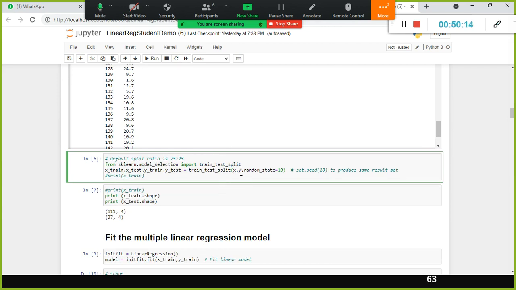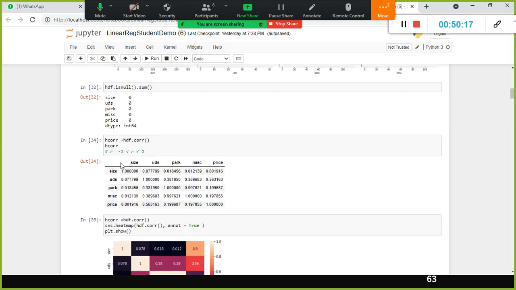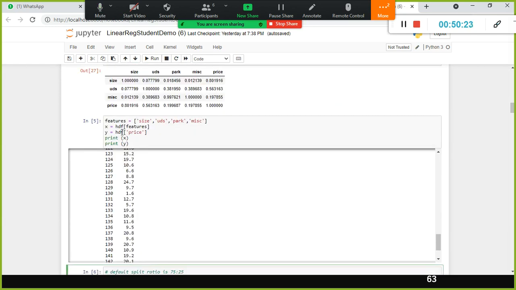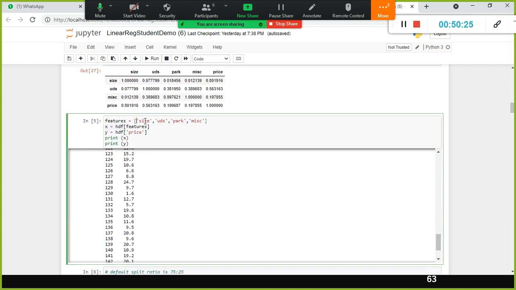Okay, train X comma Y. See, first you need to create the X and Y variable. The X, one second, where I did this. See, X, I created X, right? So in this one I included all the features blindly. I include all the features. So HDF of features, I just pass this as an argument. So this data frame will have all the 4 columns, all the 4 features, and this data frame will have only the price, the dependent variable. The X is nothing but independent variables, Y is the variable that holds the dependent variable value. That's all.